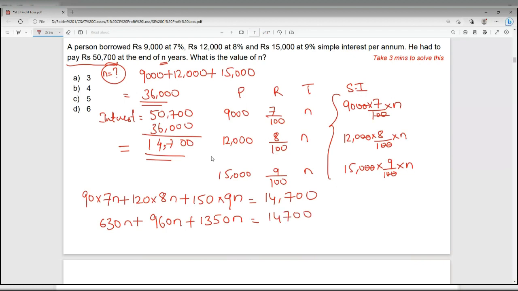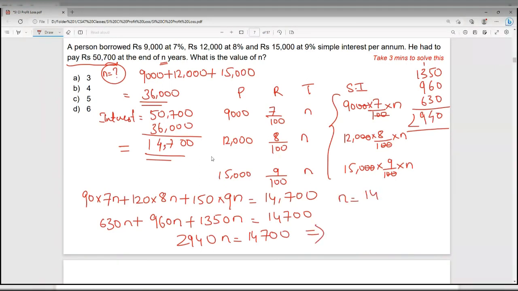And if you add these numbers, 1350 and 960 and 630: 0, 9 plus 5, 14, 4 plus 9, 13 plus 6, 19, 2940. That's 2940n is equal to 14,700, and then this implies n is equal to 14,700 divided by 2940,